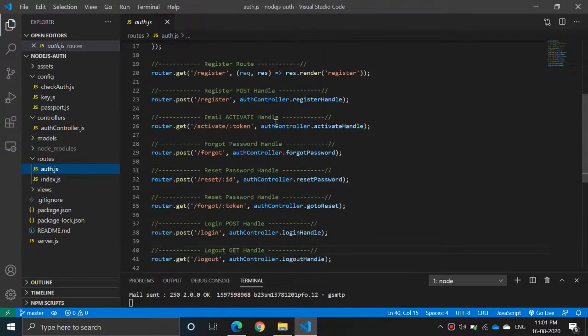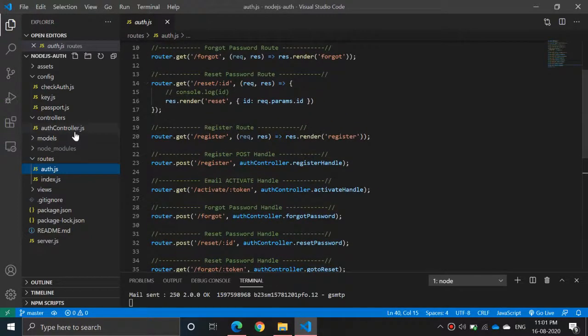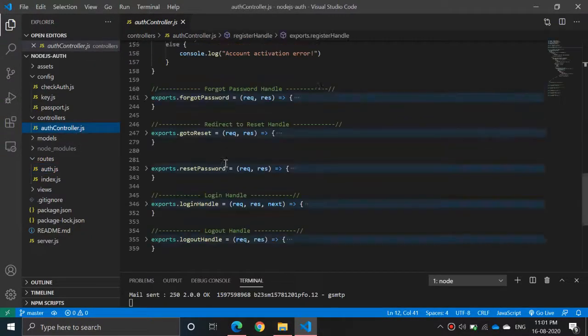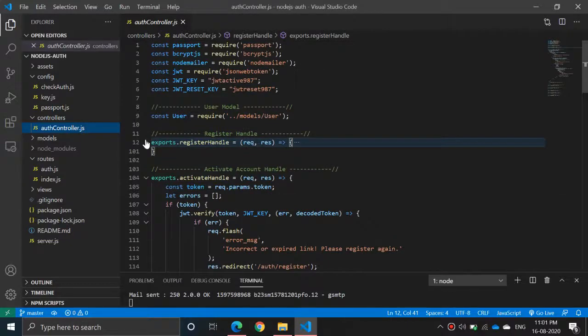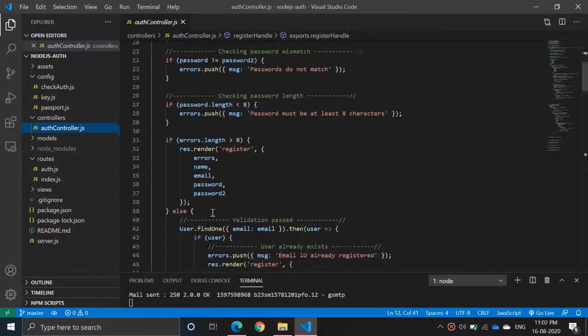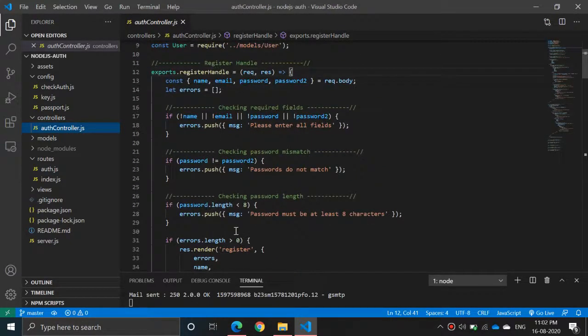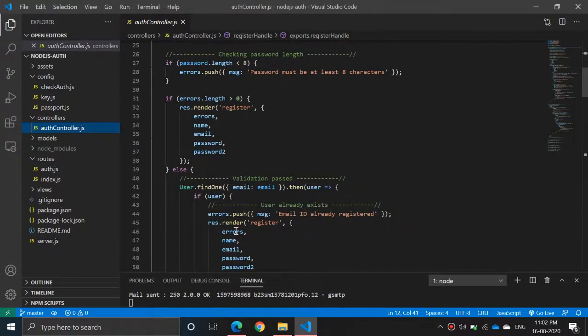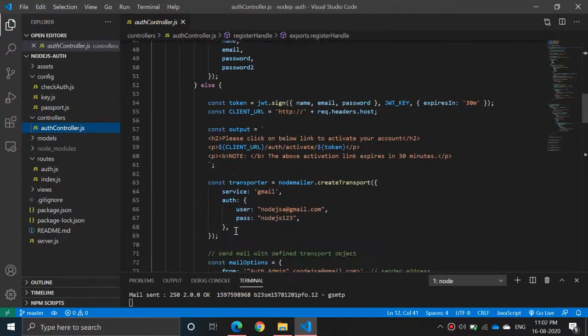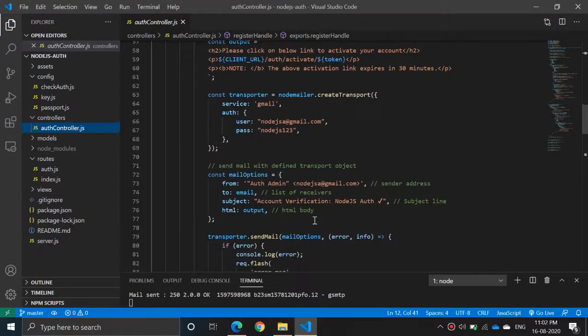So for every route I have used the controller system. So in authController.js I have defined the functions, like in register.js I have read the post, and I have checked for all the required fields, passed the validations, and sent the activation link to the user email address.